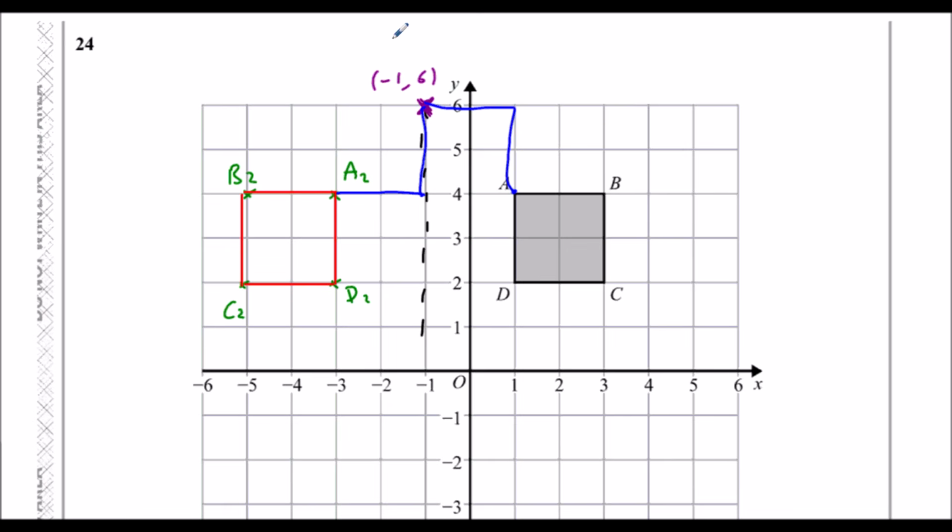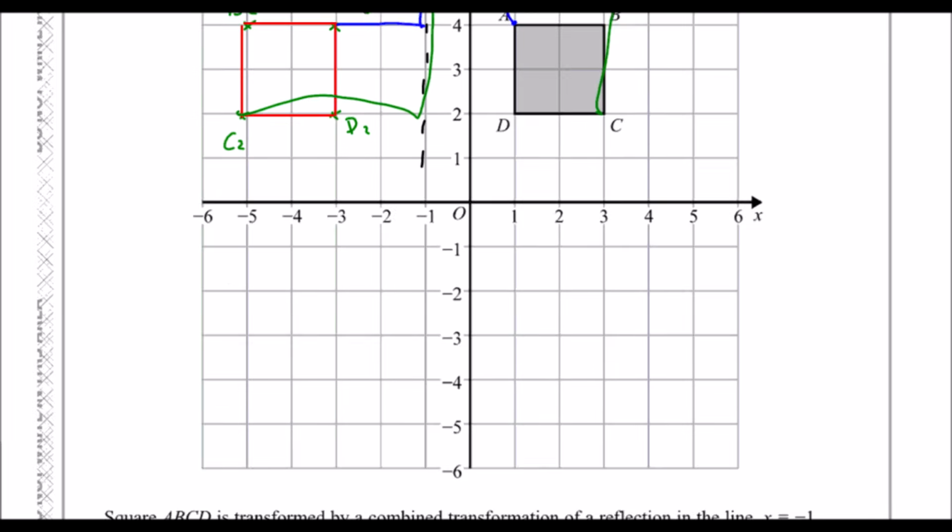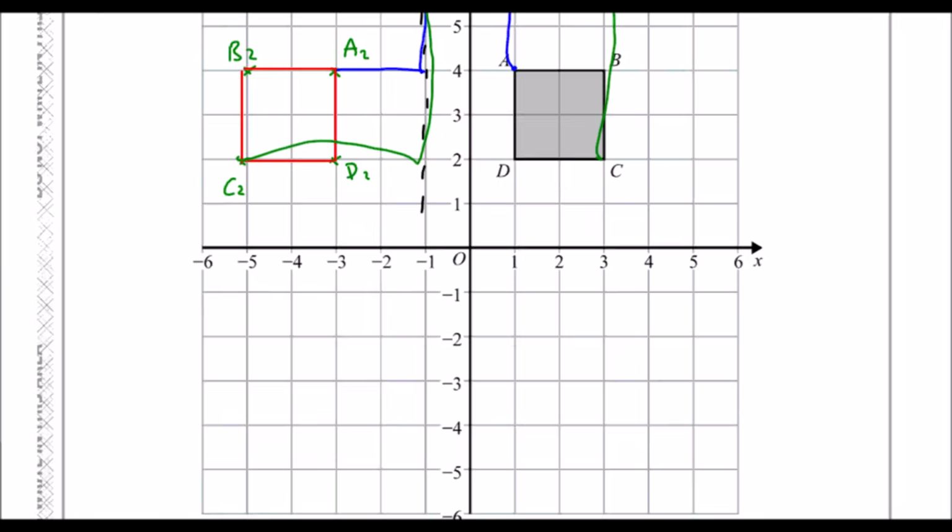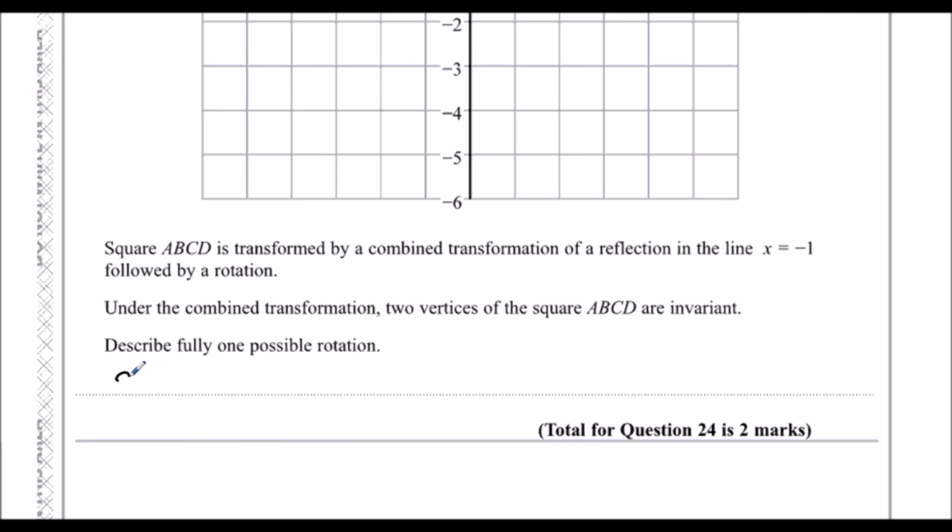And so will the point C. So 4 down, 4 across. If we rotate that 90 degrees anti-clockwise, that would be 4 to the right and 4 down. So A and C will get back to where they started if we do a rotation of 90 degrees anti-clockwise with the center -1,6. So it's 90 degrees